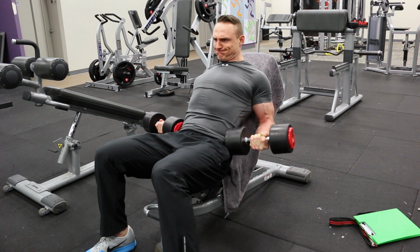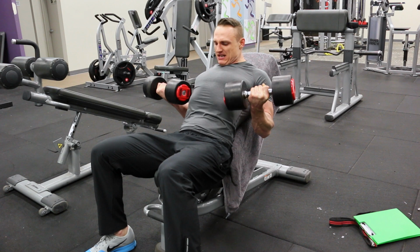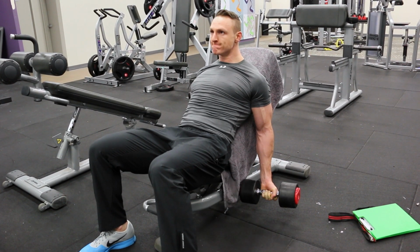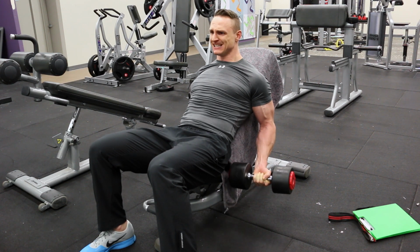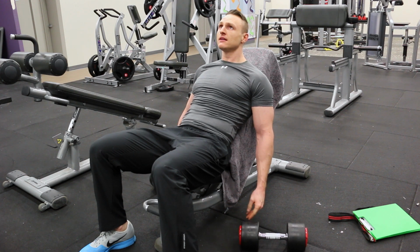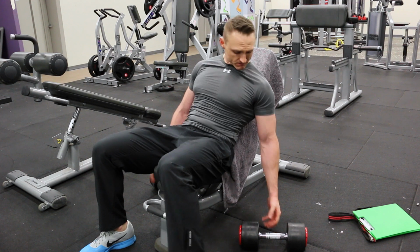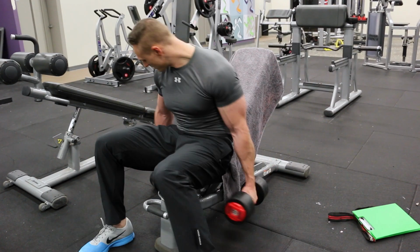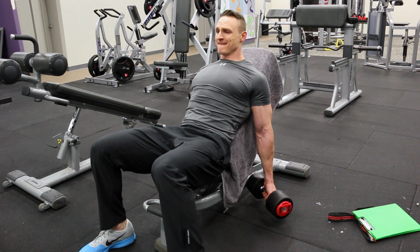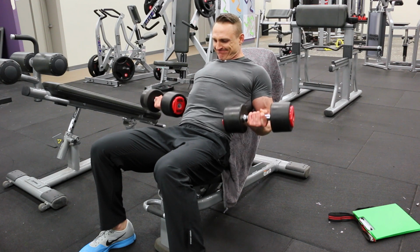but if I improve on it by a rep or 2 each workout, I will keep it. But if it really starts to slow to a crawl, I can't really use a lot of weight on it because they're already toasted. It's only 16 kilo dumbbells, 4-2-4 form. I might just throw it to the wind and just see if I can maintain or increase bicep size by doing the counterintuitive of dropping bicep work. So again, probably foolishly doing a bit of rest pause here, but as I said, I just wanted to attack